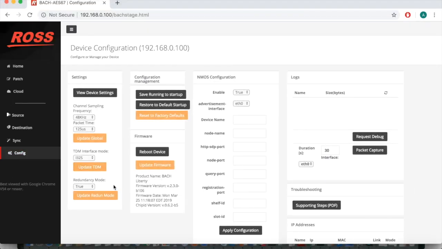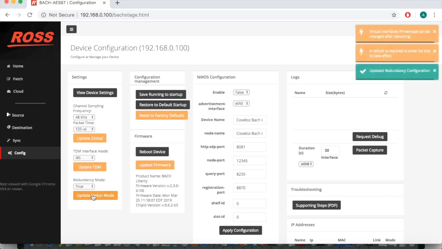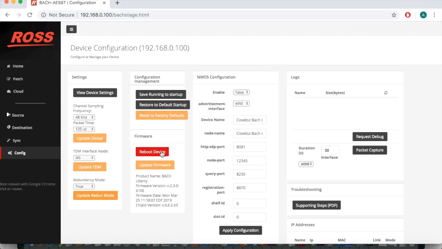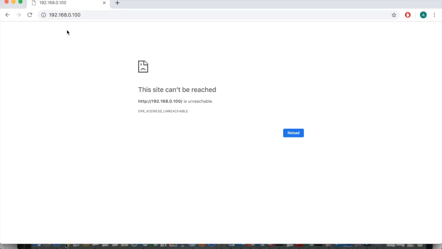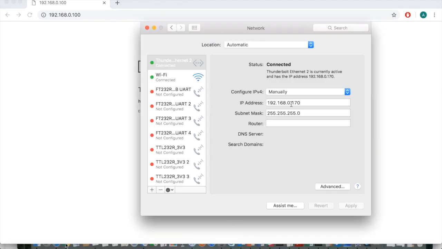By default, BACH Liberty is set to redundancy mode disabled. If you want to test the ST2022-7 glitchless feature, go to the Config tab and under Settings look for the Redundancy Mode selection button. After choosing the desired mode, click on Update Redund Mode. You will need to reboot the card, and after the card comes up, you will need to change your PC network interface to access the WebUI via ETH0.10,